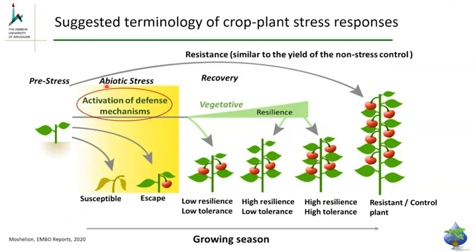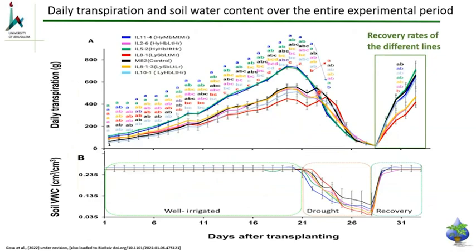So, as I said before, during this stress, many mechanisms are being activated, and we want to know what happened here. One simple way to see it is just to follow the recovery rate. So after the drought occurs, during the drought, all these defense mechanisms are being activated. Now, it's very hard to see them because usually the stomata are getting closed, so it's very hard to understand what happened to the biochemical and anatomical differences between the plants. But one very nice way to look at it is the recovery rate,